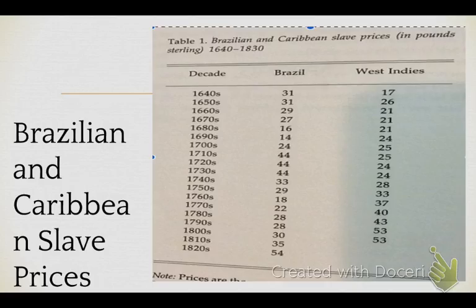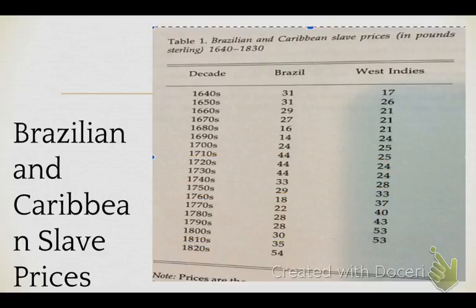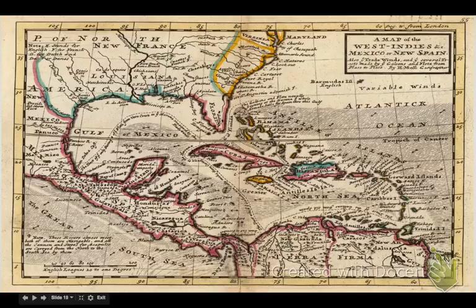Let's take a look at another slide. Well, prices within Brazil and the West Indies. So you have prices on this factor. There's a clear cut point at this, and this cut point is right around here. You see prices going up in the Indies, and you see prices going down in Brazil until you hit this point, which is something else. This is abolition, which we'll talk about later. But the prices mean production in the West Indies, which we'll take a look at right here. On this slide, it was going up right here.